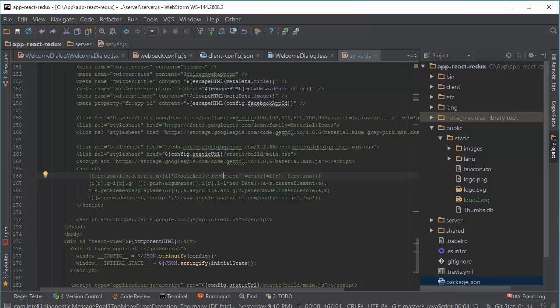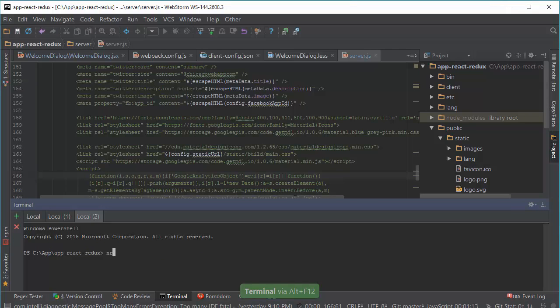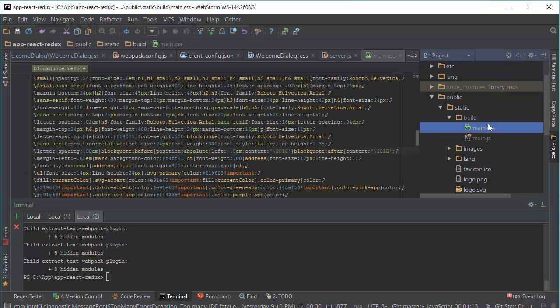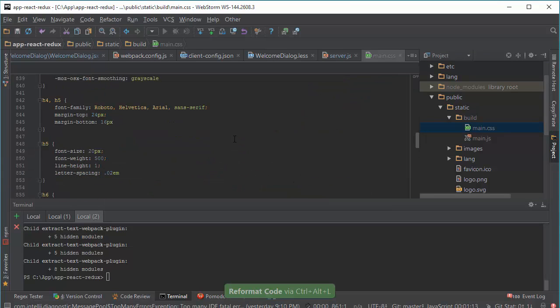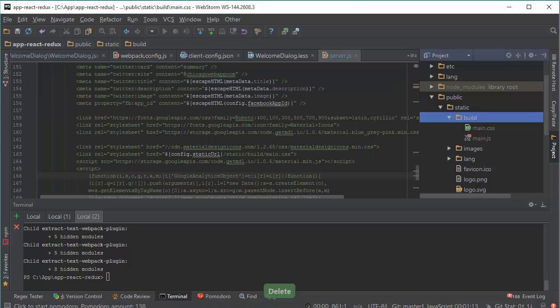To create this file for production, we need to open the terminal and run npm run build. And here it is, main CSS. I open it and click Alt-F, and it will be formatted. So it's in public static build, and I prefer to delete it for now.